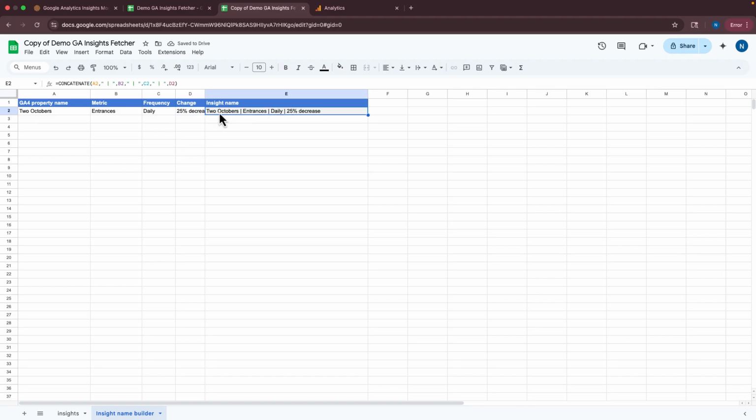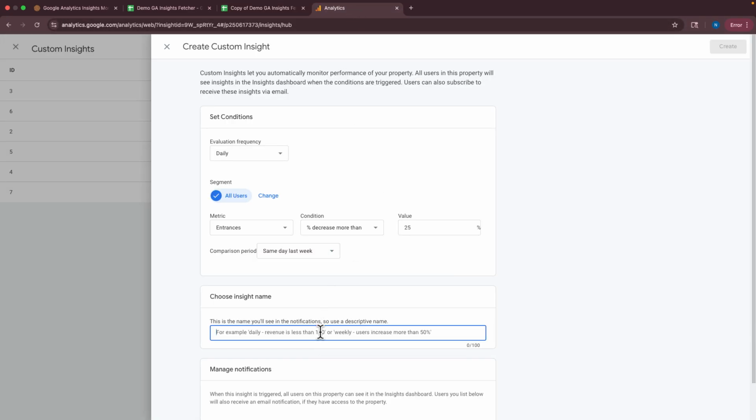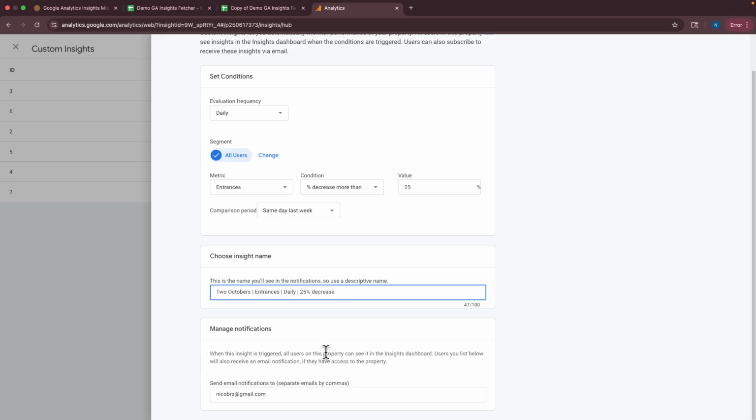You see these sort of pipe separated words. So I'm going to copy that. I'm going to go back to analytics and pop this in as the insight name. And then the other really important thing is that it's going to send email notifications to this email address. And the email address has to be the same email address as you are logged into the sheet when you